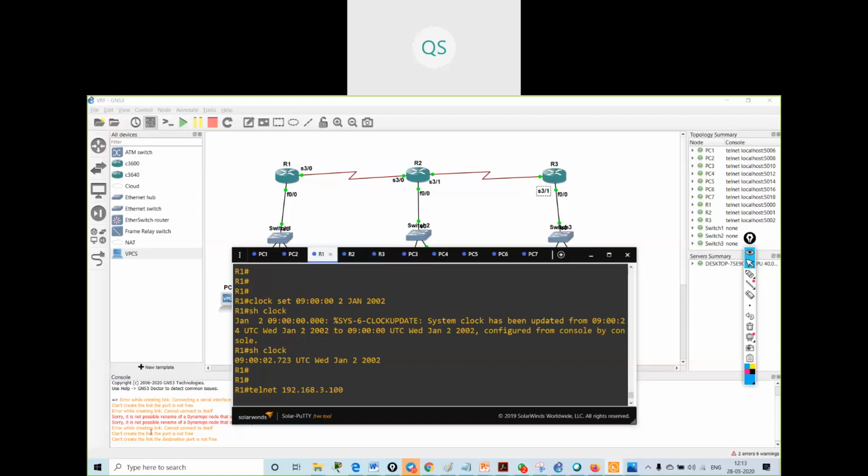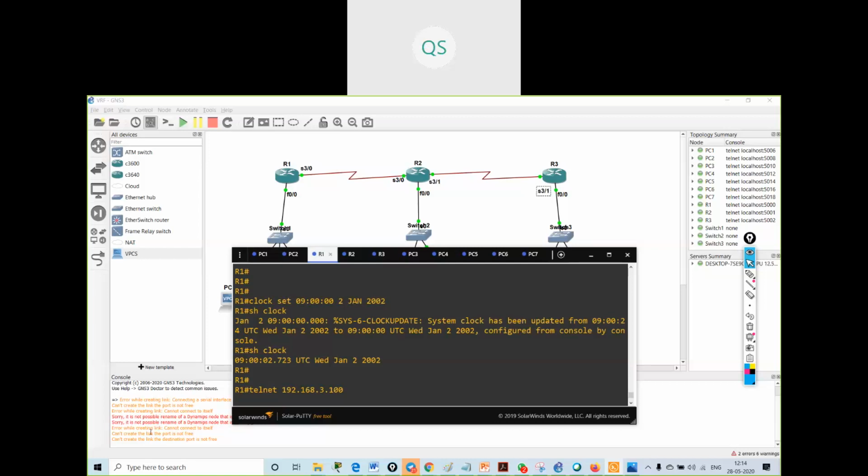Sir, since the configuration of time range is separate, is there any other use for it apart from timed ACLs?